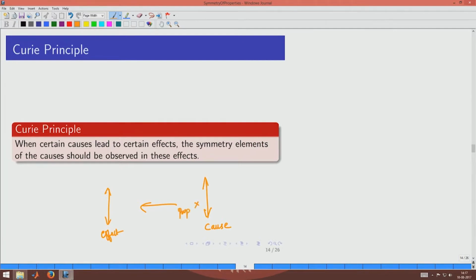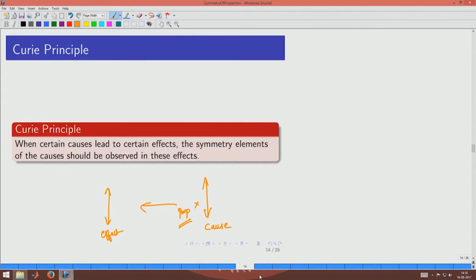Okay. So, which means that unless we know what way the property will affect the symmetry, we will not be able to comment on the symmetry of the effects finally. So, while the Curie principle is very valuable, we have to go through what will happen to the properties before we can apply that. That is the reason why we only mention it, we will come to it again later,